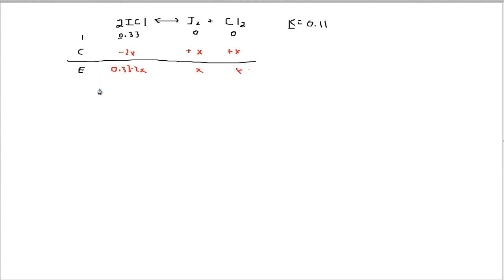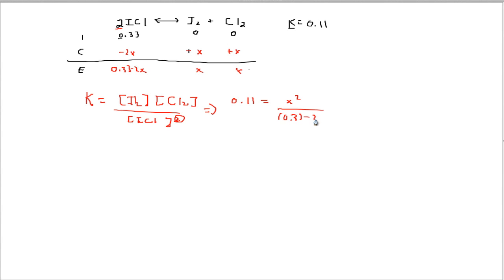And when we set up the K constant expression, K will always be equal to the products, I2, multiplied by the other product, Cl2, divided by the reactant, ICl squared, because whenever you have a coefficient, it becomes the exponent of that entity. So we're going to substitute all the values. K is 0.11, which is equal to, well, I2 and Cl2 are x, so x times x gives us x squared over